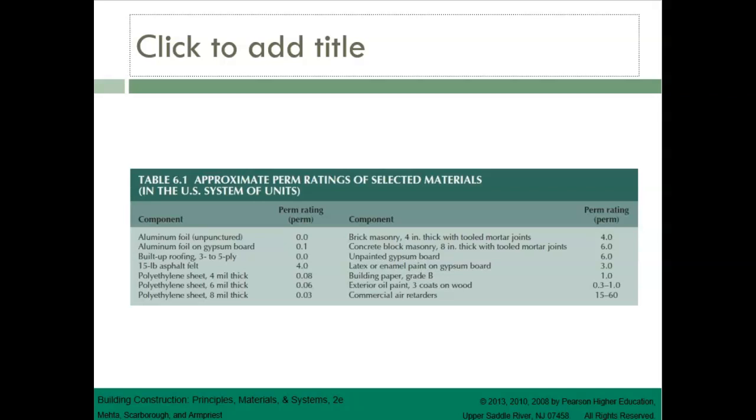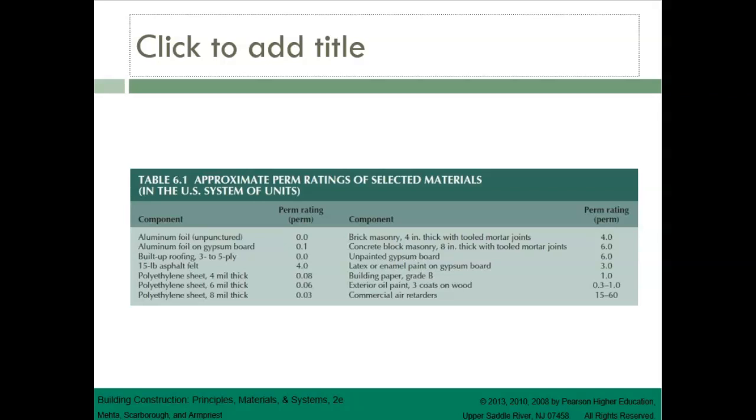If we step that up, make it a little bit thicker, and we go to an 8 mil thick sheet, our perm rating doubles. It goes to 0.03. The lower the number, the better the ability of the material to resist vapor, or to keep the vapor from passing through it. So if we go up to 15-pound asphalt felt, the perm rating on that is